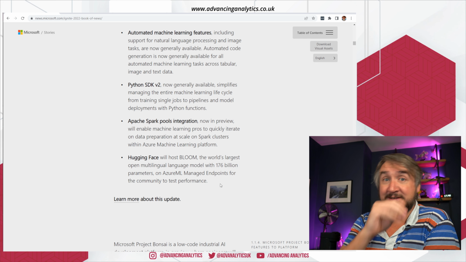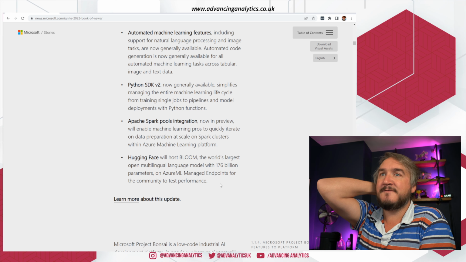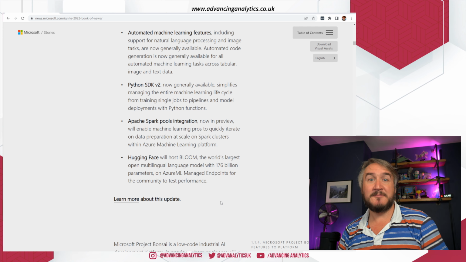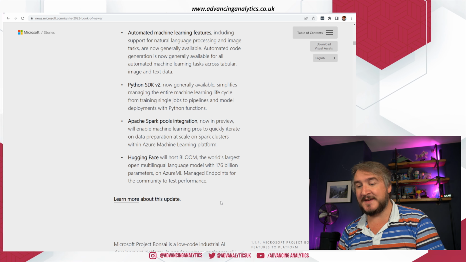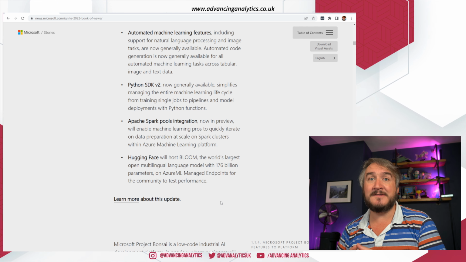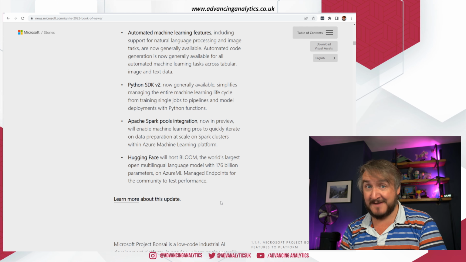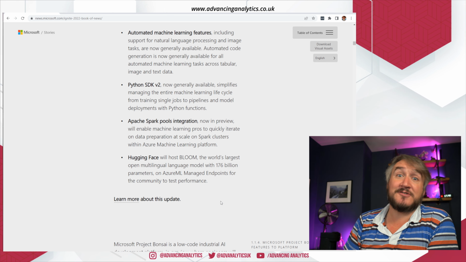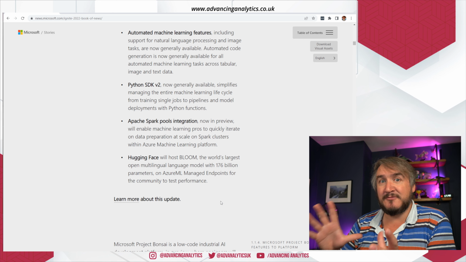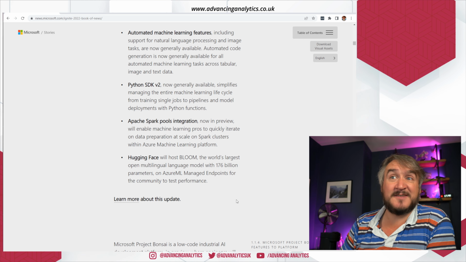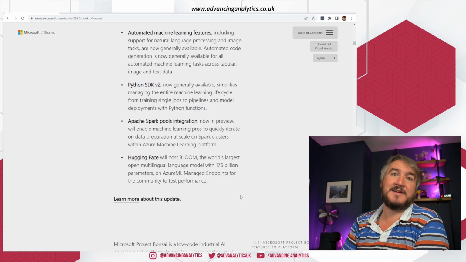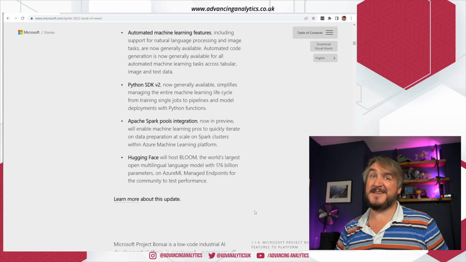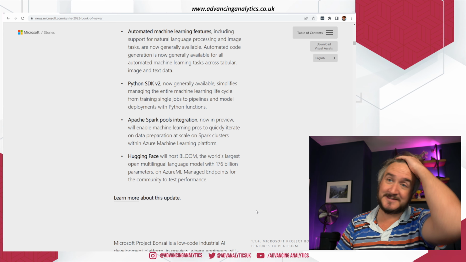And finally, Hugging Face. So Hugging Face is kind of a very common, growing language model. And being able to actually do that, the same as like the OpenAI interface, it's being able to use these very, very common, very popular, very much growing machine learning kind of services, but within the security confines, within the robustness and rigor of cognitive services. So they're testing out managed endpoints for Hugging Face within Azure ML currently. Loads of stuff going on the AI side of things.